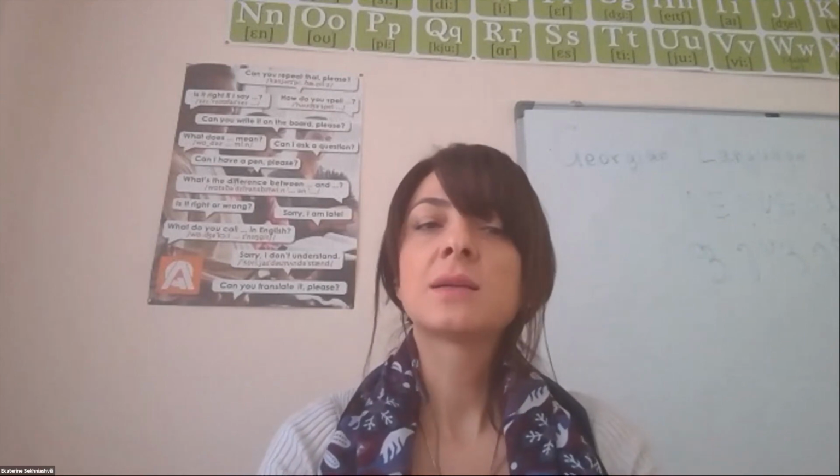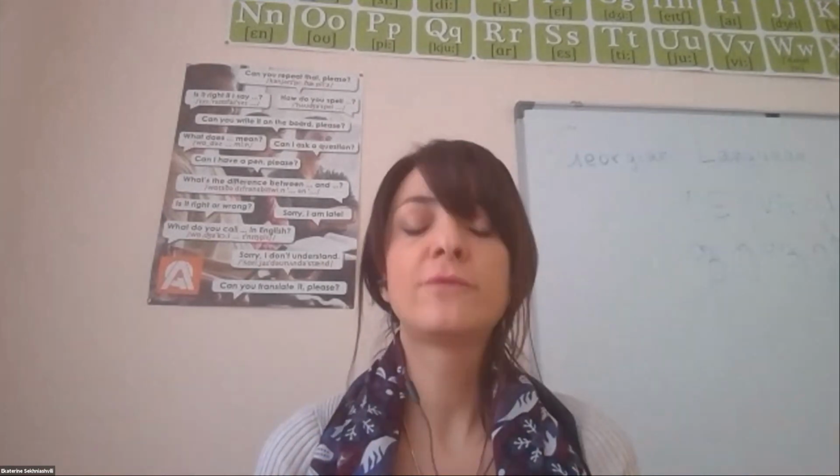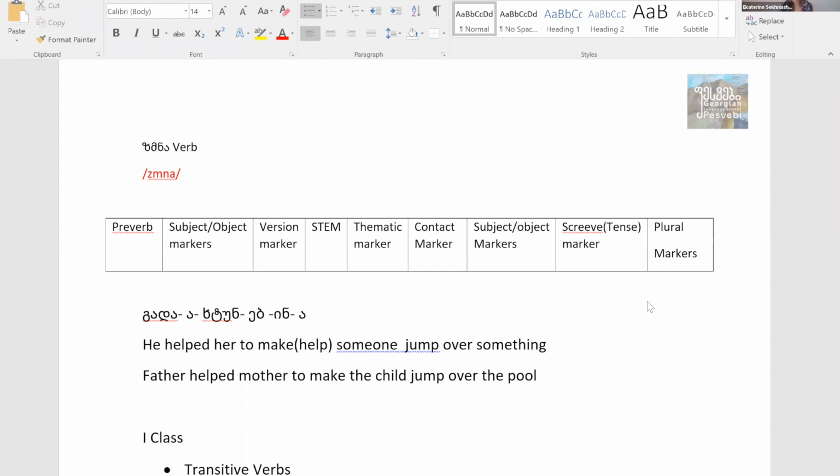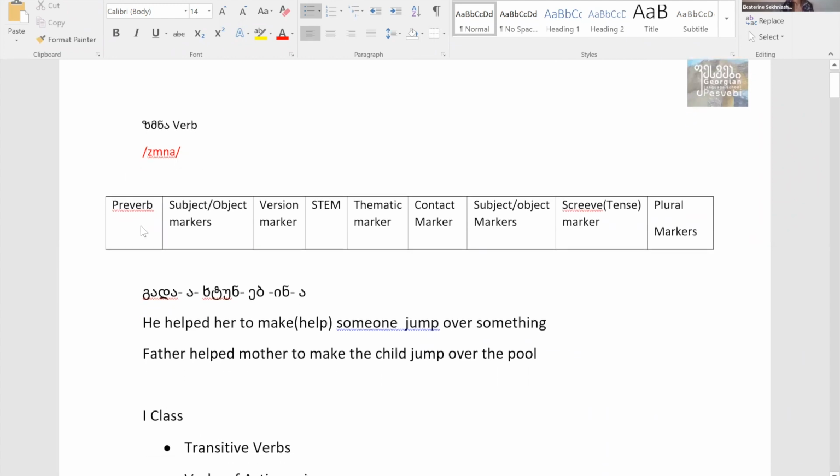So let us discuss these 4 different conjugation classes, just the groups, how the verbs are grouped in these 4 classes. Let me share. Okay, so I tried to think of all grammatical categories that one verb can have, and I came up with 8 of them. So the first comes preverb. Preverbs in Georgian verbs very often have directional meanings, but not always. Sometimes they're very random, arbitrary. They sometimes change the meaning of the verb, sometimes just give the direction, sometimes they're just random.